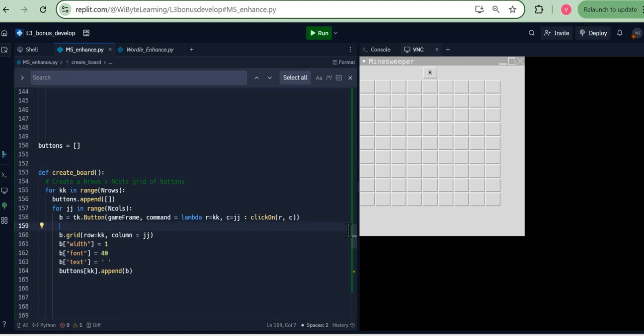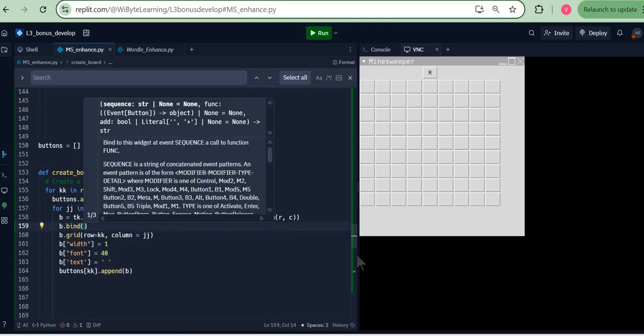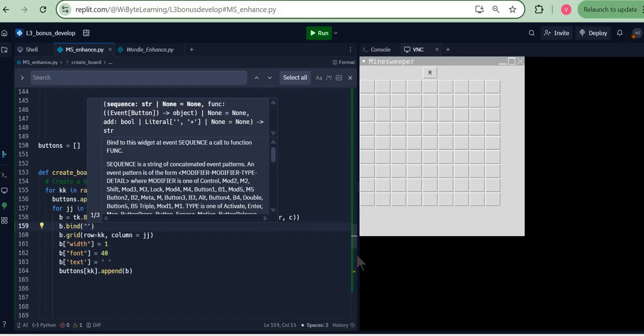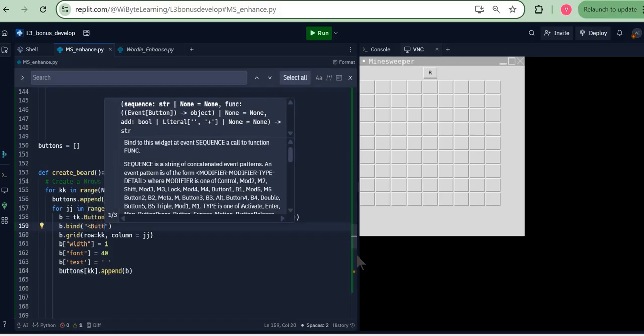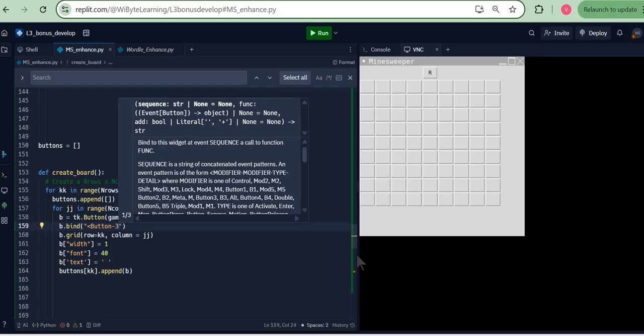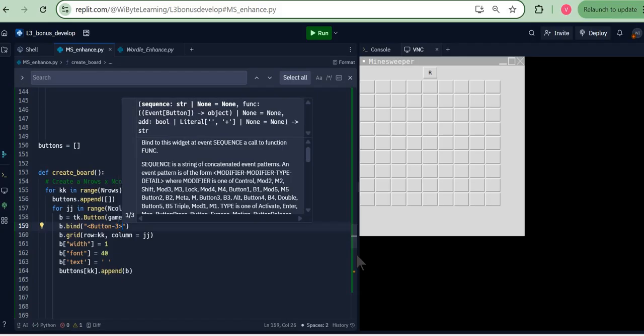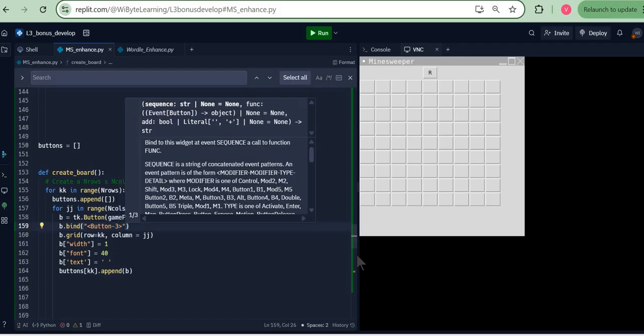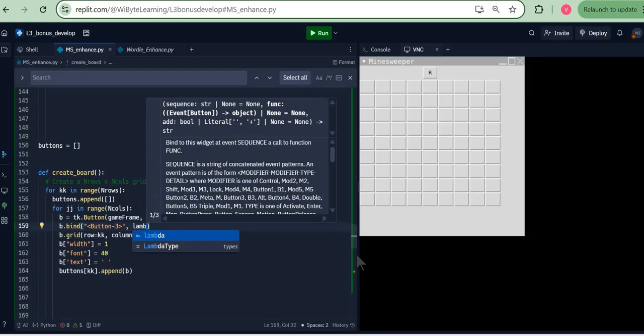Just like my left click is bound to, let's say, the function called click on, I'm just going to say b dot bind. So b dot bind, and this is the way we do this for the right click: it is basically button-3. So button 3, you can say, and it must have these brackets. So this does it. Say lambda